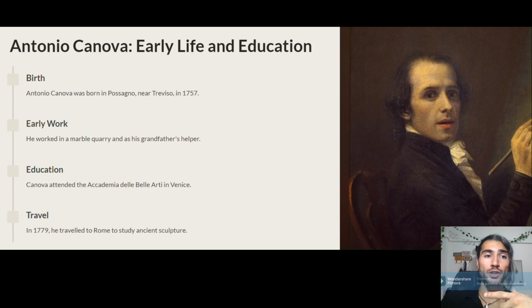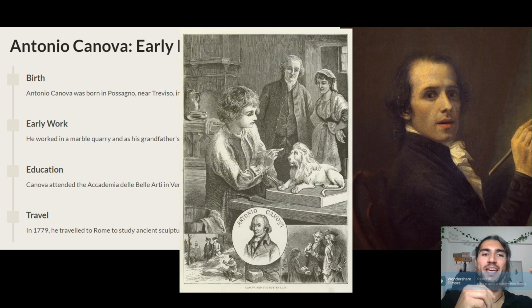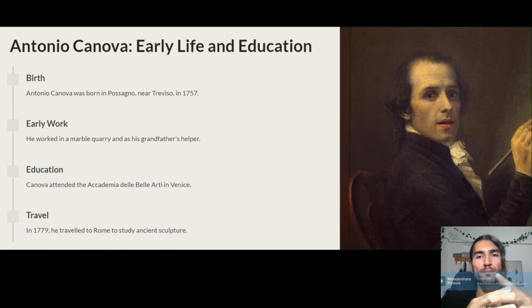From an early age, Canova showed great skill in working with marble and other materials. According to legend, when he was about 10 years old, he impressed a group of Venetian nobles by sculpting a majestic lion out of butter at a dinner party. This caught the attention of a powerful patron, who helped Canova receive formal training in the best workshops in Venice.